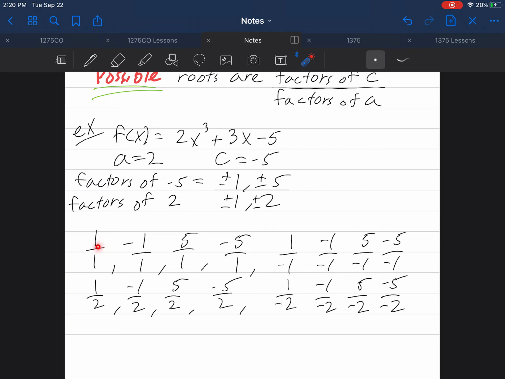So in total, 1, 2, 3, 4, 5, 6, 7, 8, 9, 10, 11, 12, 13, 14, 15, 16 possibilities,